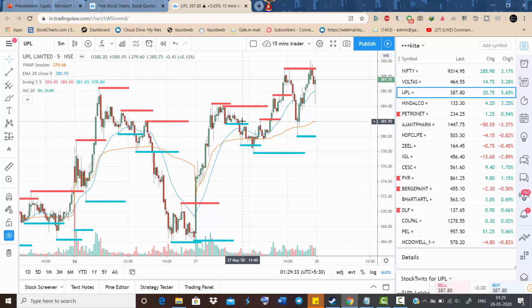Based on the ABCD pattern, normally we trade, and we entered in this candle, closer to 381, and we booked profits. Not here, not even here. We did not even exit here. We exited at this place. So this is how ABCD happens. As a good trader, you should be booking partial profits here. You should completely book profits here. You can re-enter over here and book your profits here.